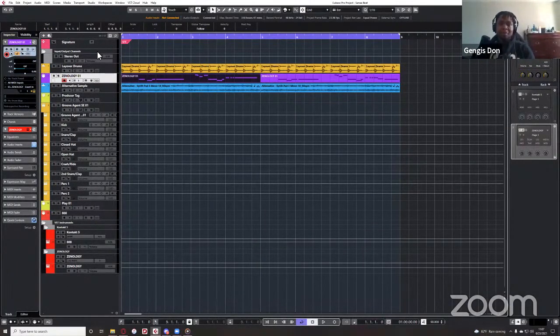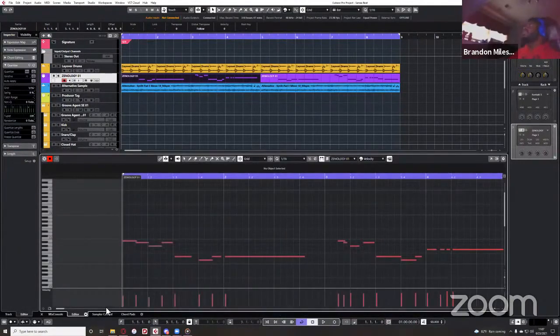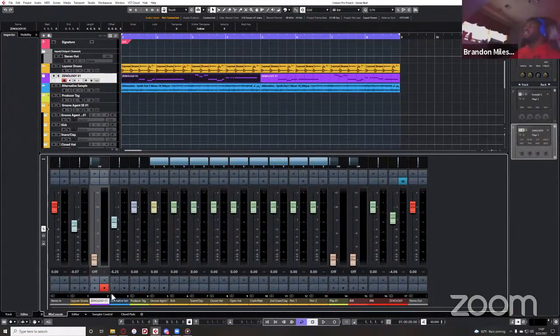Sounds great. And were you able to track out the drums and the melody and the sample to each mixer channel? Yeah, I can actually show that. I think, hopefully. Is this Ableton? Cubase. Cubase, okay.